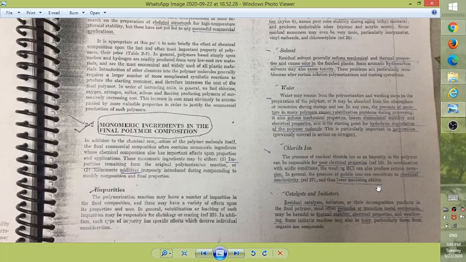Now catalyst and initiator. We all know during polymerization we add catalyst and initiator. Residual catalyst and initiator means those which were left over, not consumed, or the decomposition products in the final polymer, often peroxides or transition metal compounds, may be harmful to thermal stability, electrical properties, weathering. Some initiator residues may also be toxic, particularly those from